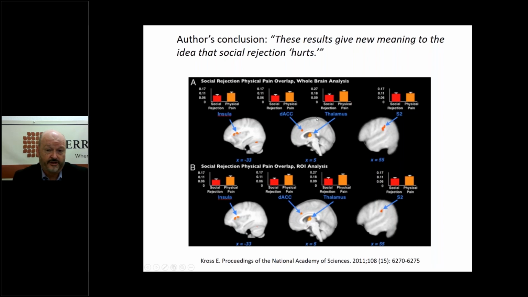So the author's conclusion is, it gives new meaning to the idea that social rejection hurts. That's a direct quote. Social rejection lights up the same parts of the brain as does physical pain, demonstrated here. There have been further, more high-tech studies of functional MRIs that are parsing out exactly which part of the brain is active, that are modifying our understanding of this,